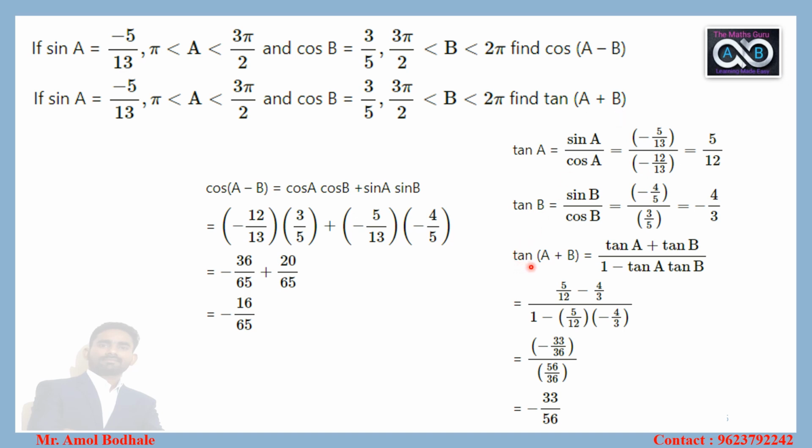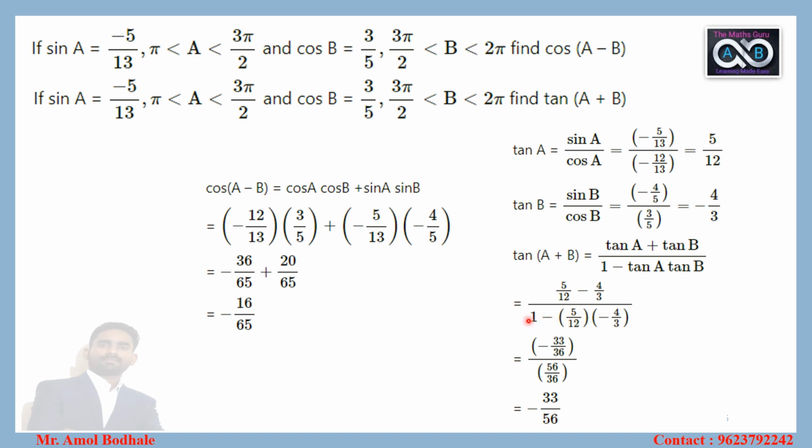So what is the expansion for tan of A plus B? It is tan A plus tan B upon 1 minus tan A into tan B. Let's put the values of tan A and tan B in this expression, then we'll get the required value. That is tan A, 5 upon 12, tan B, minus 4 upon 3, upon 1 minus 5 by 12 into minus 4 by 3. So what is the cross product here? 5 into 3 is 15, minus 12 into 4 is 48. That is 15 minus 48, which is minus 33, and 12 into 3 is 36. In the denominator, 1 minus, the product is negative into negative, so plus, 5 into 4 is 20 upon 36.